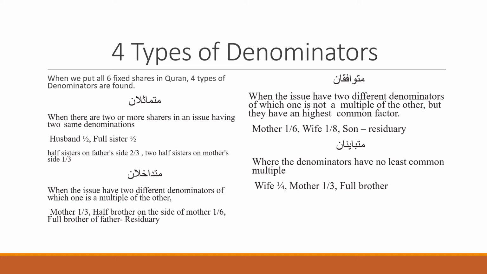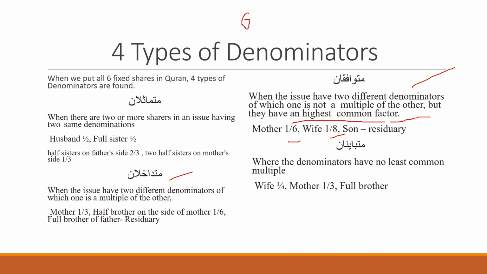When the issue has two different denominators of which one is not a multiple of the other. If it is a multiple of the other, the case is, as we said, mutadakhilani. But if it is not a multiple of the other but has a highest common factor, for example 6 and 8. 8 is not a multiple of 6, definitely not, but there is a highest common factor. It means